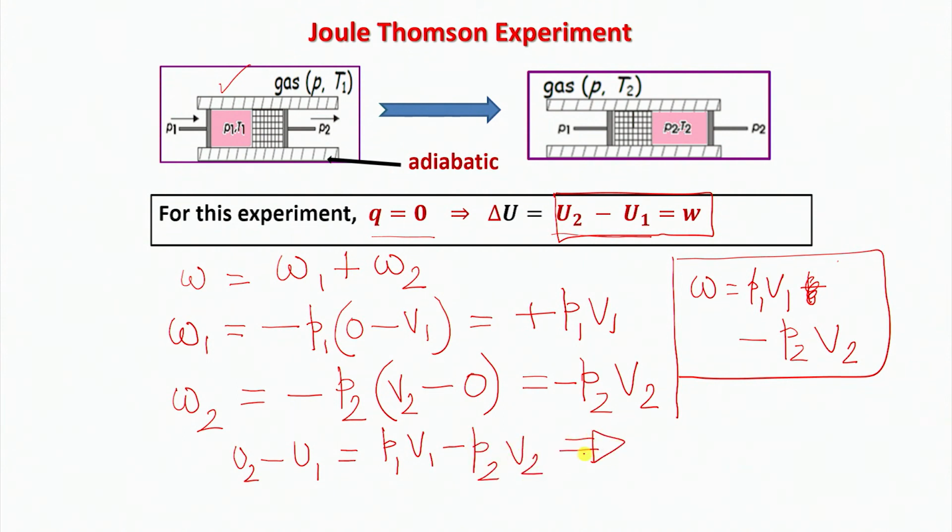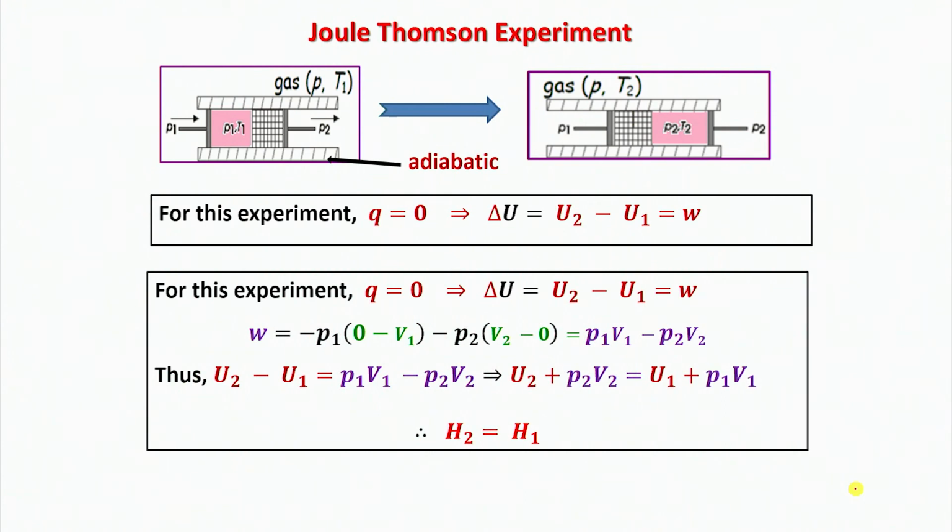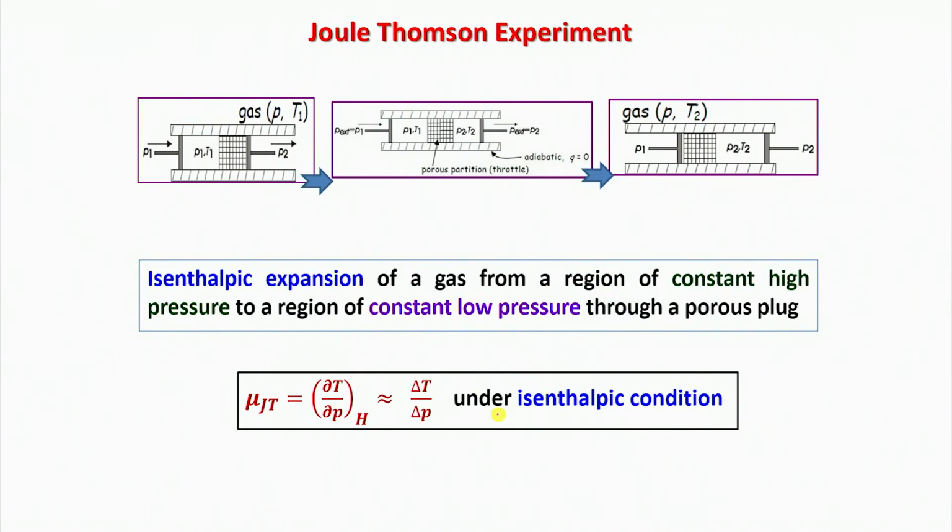And if I rearrange, what do I get? I get U2 plus P2 V2 equal to U1 plus P1 V1. And what does it mean? It basically means that whenever I am saying that U2 plus P2 V2 is equal to U1 plus P1 V1, then this quantity is nothing but H2 and this quantity is nothing but H1. Therefore,